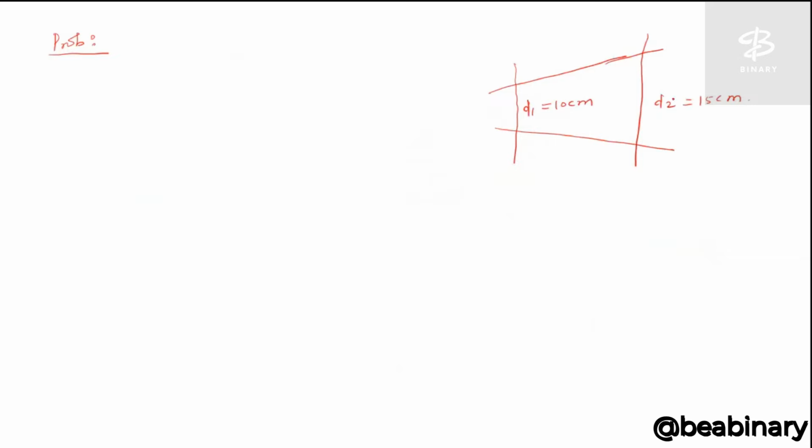So if we try to find out the discharge of the pipe through section 1, this is my section 1 and this is my section 2,